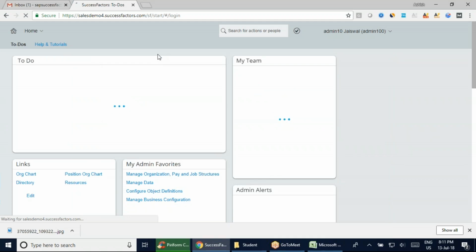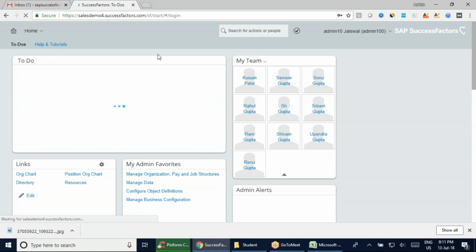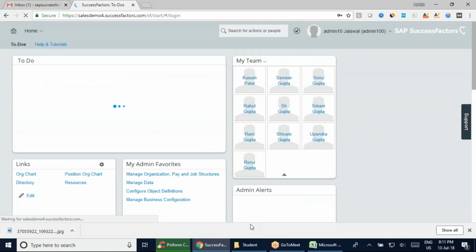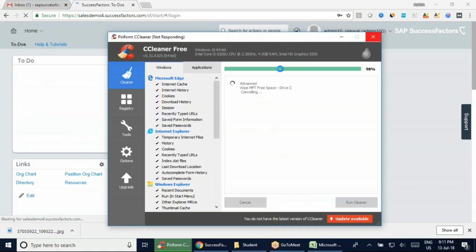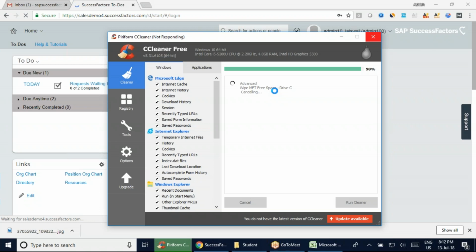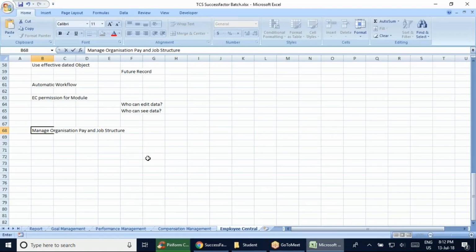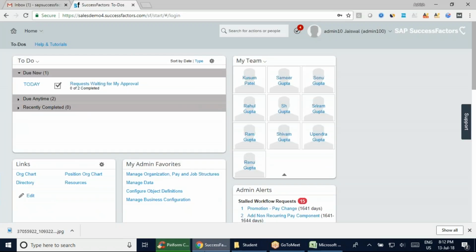So here, if it comes into this section and into this section, God, the system is very slow. Let this get closed. I'm sure it will be fine then. So here we have all these sections. Okay, so we have Manage Your Organization, Pay and Job Structure, and if you come into this section,